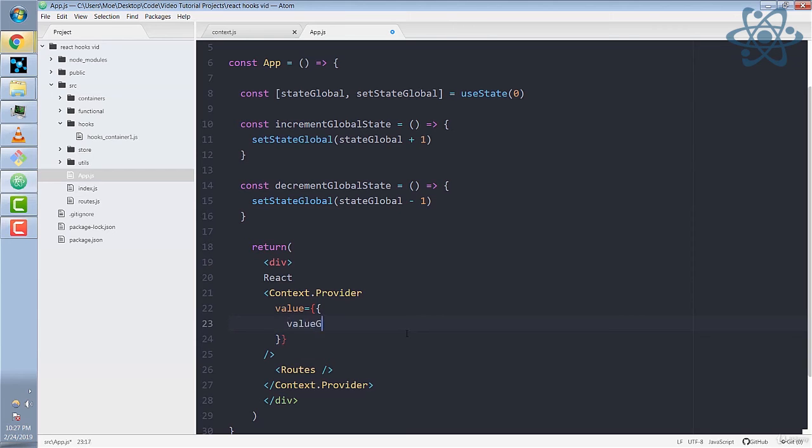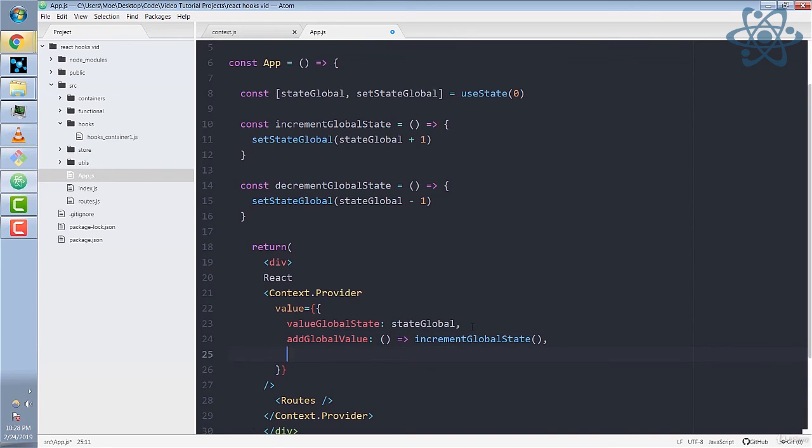So let's now go to our value prop and pass in the state value itself and both of the functions to change the state value as properties. So let's first start with value global state. And this key is user defined and we can make it anything we want. And let's set the value of this to state global. And this is the name of our state value that we used in the useState hook, and it's not user defined. And then let's create two new properties called add global value and dec global value,